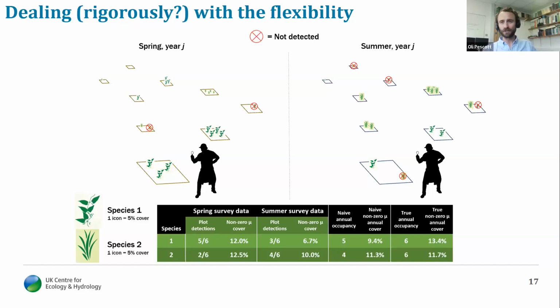Or is it just that surveyor level has changed, etc.? So that's something we need to take into account, particularly when we're doing these annual habitat indicators, where we're trying to get an idea of what the actual mean percentage cover was for a species within a certain habitat. So for instance, if we're interested in yarrow in lowland grassland plots, we need to be able to take all